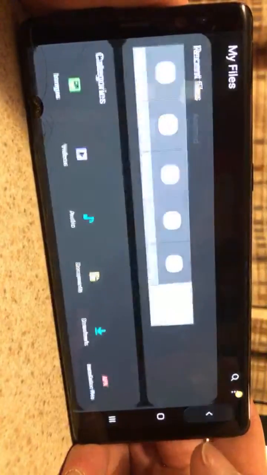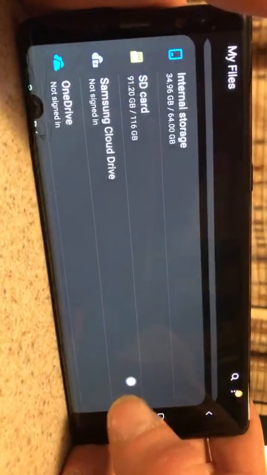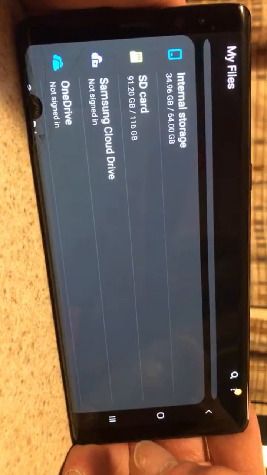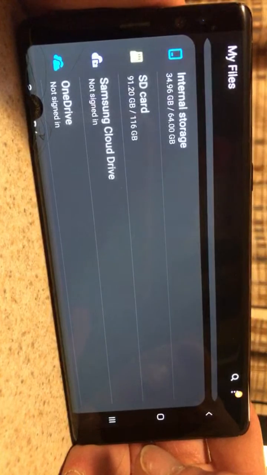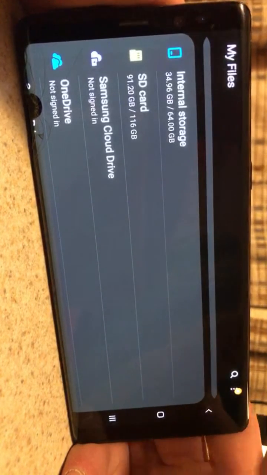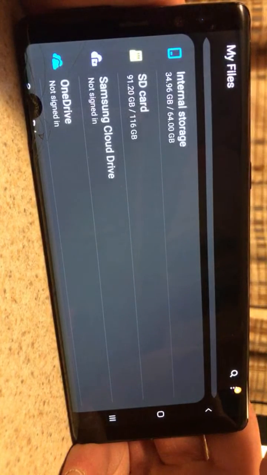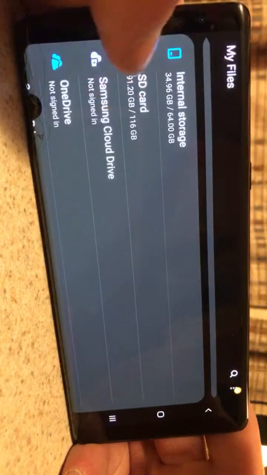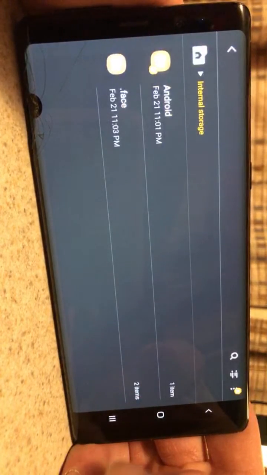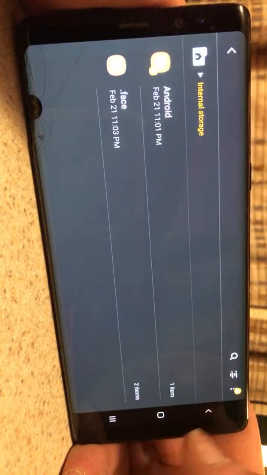And you can see how I did the same thing when I did that. But the problem is there's not that much stuff in there. 35 gigs is a lot of space. That's a lot of stuff, man. You could put thousands of pictures and videos and all kinds of stuff, man. A lot of phones are only like 32 gigs. All right, I got 91.2 gigs in my memory card. Then it says 34 gigs, but there's no files in there. There's no files in there. So they've manipulated the storage.